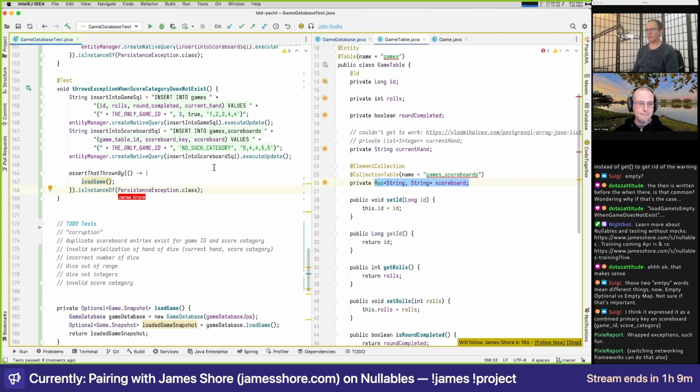And then I think we want to do our own database exception, which is going to be a game corrupted exception. And we'll just throw that same exception for everything. And on the UI, when we get a game corrupted exception, we'll just tell the user, sorry, your game is gone forever. Sucks to be you. Please contact customer support.